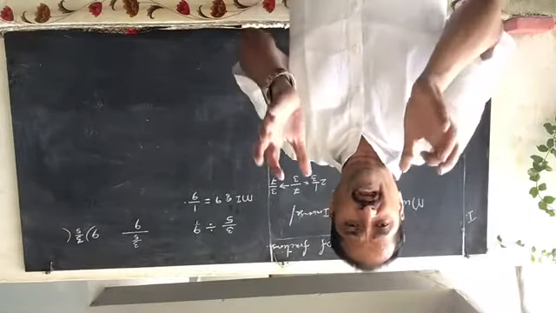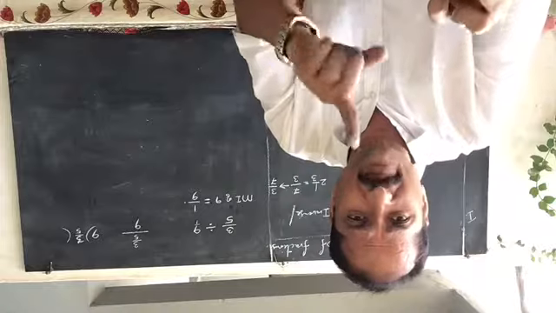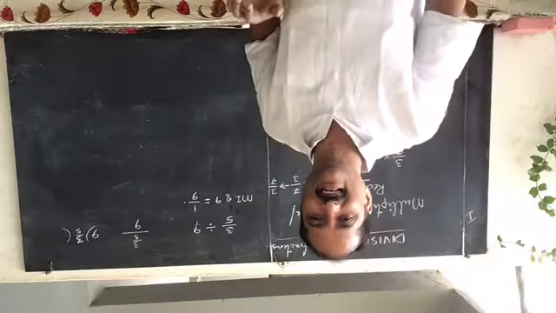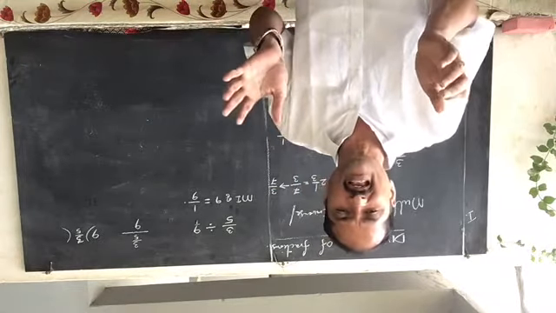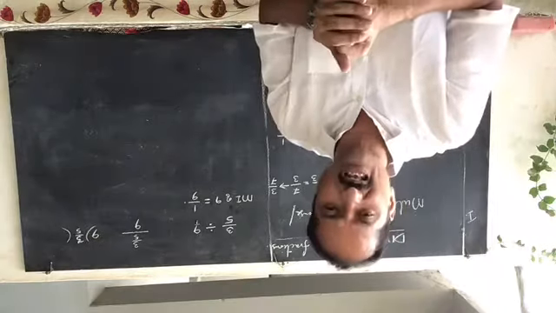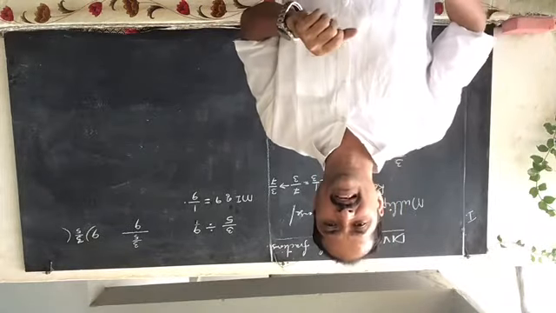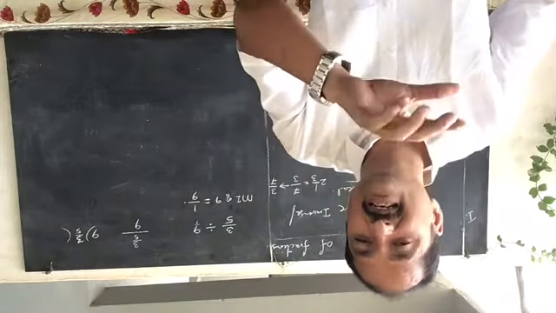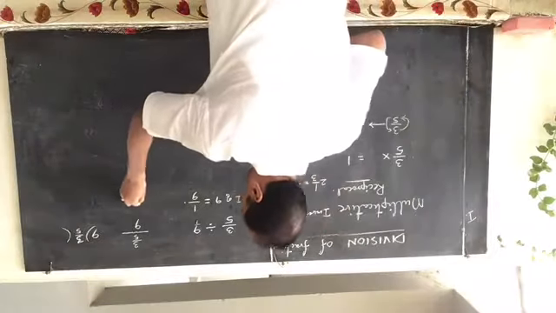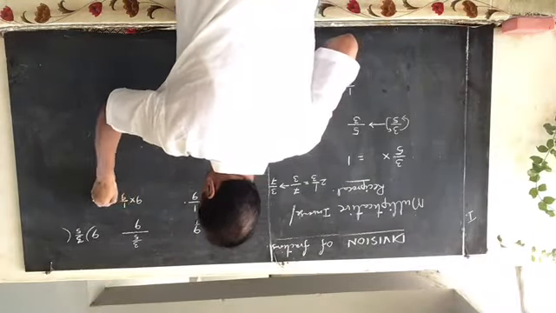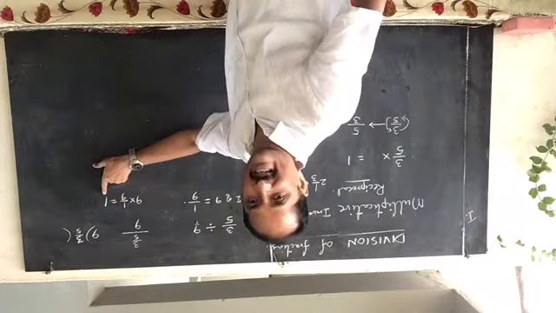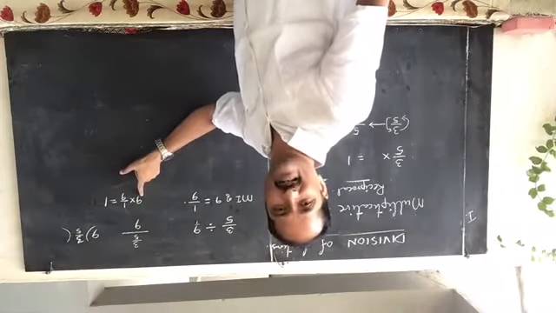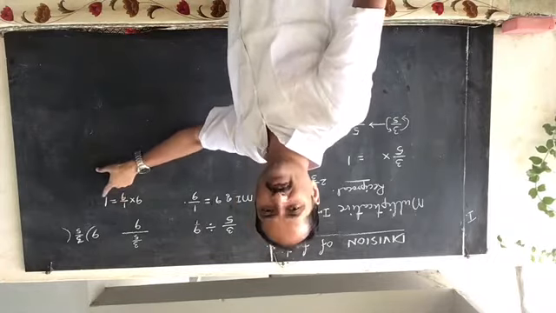And if you multiply a number with its reciprocal, the product should become 1. So 1 is known as the multiplicative identity. Now what is the multiplicative identity? If you multiply a fraction with its reciprocal, you will get the multiplicative identity. That means the number with which you multiply a fraction to get the product 1 is the multiplicative inverse. So here 9 into 1 by 9 is equal to 1. So 1 is the multiplicative identity, and 1 by 9 is the reciprocal of 9. So how do you get 9 into 1 by 9 equal to 1?